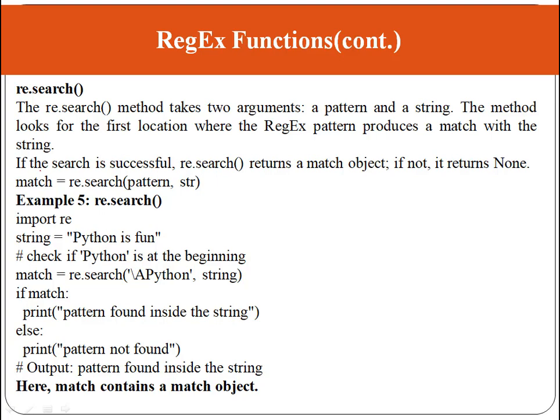So now it is returning you the match object, right? re.search returns you the match object. So here is the string. This is how you are using re.search. You are passing the pattern along with the string. If there is a match, it prints like this. If a match object has been returned, fine; if None has been returned, pattern not found. So match contains a match object.